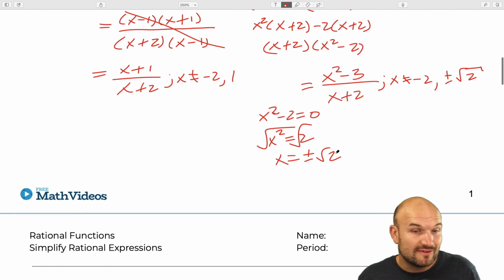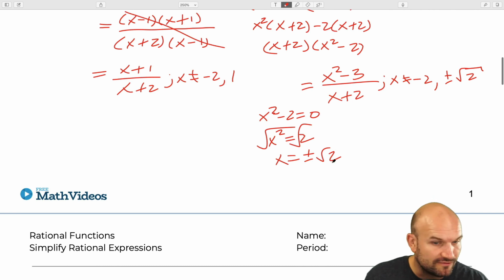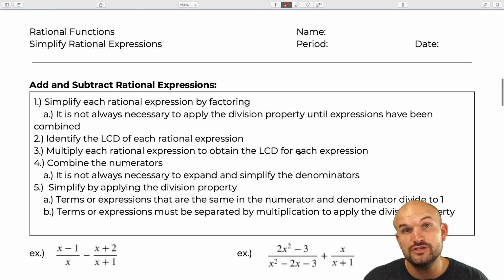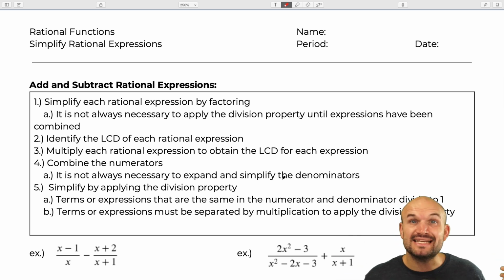Okay, so that's simplifying the expressions, basically always looking into factoring and applying the division property. Now let's get into adding and subtracting rational expressions. And again, this is really going to be the same. What we want to do first is always simplify them and then identify the common